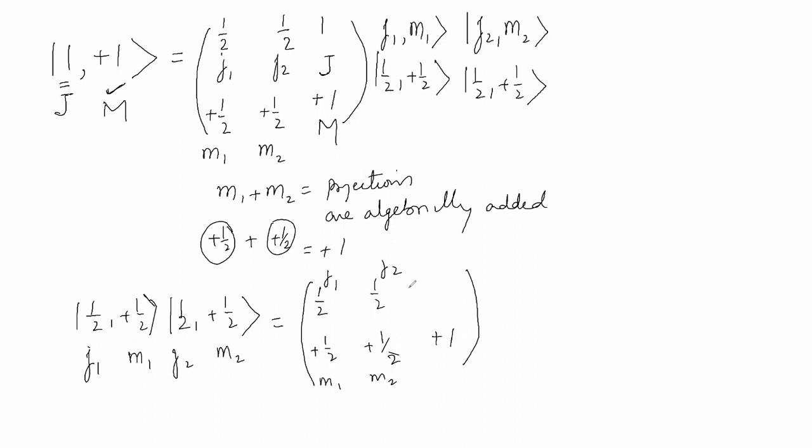But when we take J1 minus J2, the projection will be 0, J will be 0, and 0 cannot have a projection plus 1. Therefore, the only possibility is that this is giving you J1 plus J2 and you are forming a state 1 plus 1. Now look at these two pictures for 1 minute and tell me where is the confusion.